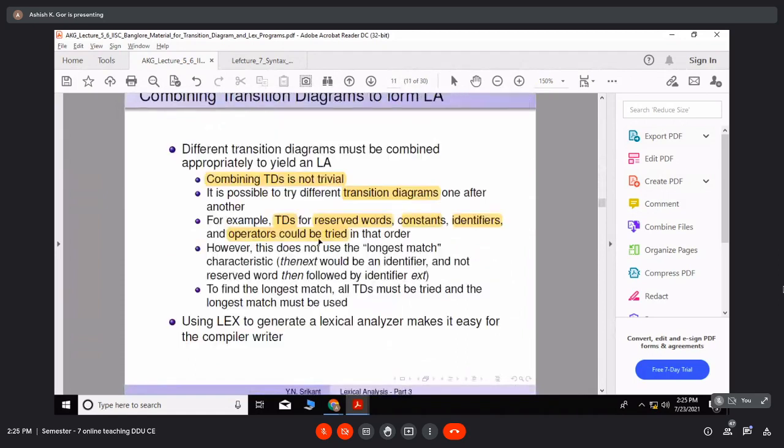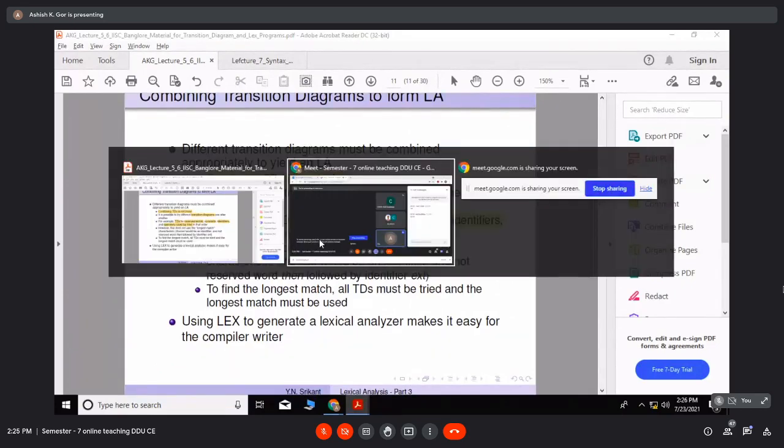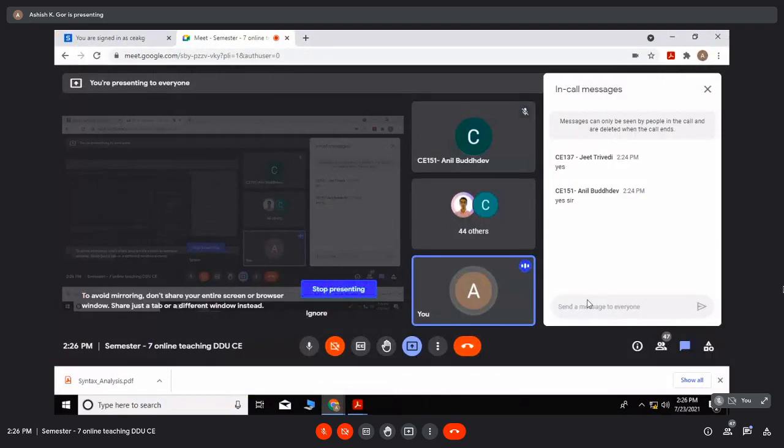Basically I wanted to tell you that transition diagrams are very useful for design purposes, and they are implemented as loops and switch cases. Those things finally are combined in some sense, and lexical analysis takes place.